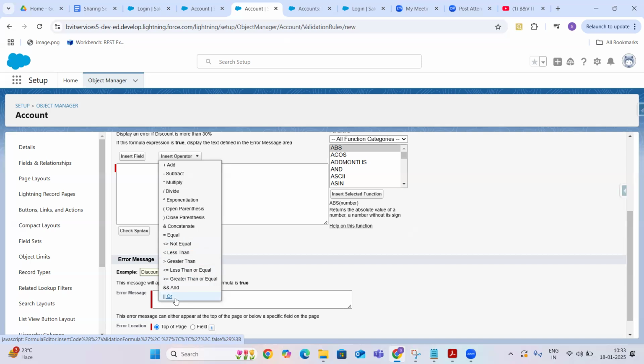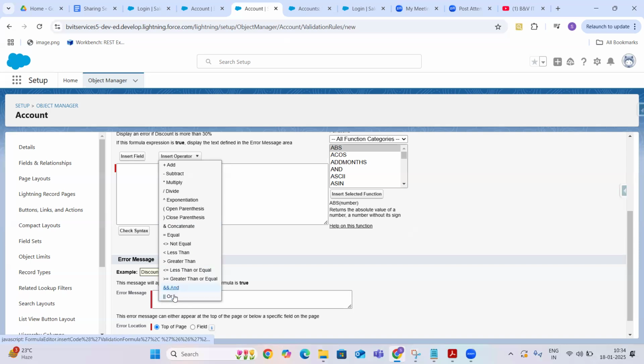Apart from that, you will have some functions that you need to learn about. Logical and, logical or, you are aware of that. Condition 1 and condition 2, both are satisfied: true and true is true, true and false is false.